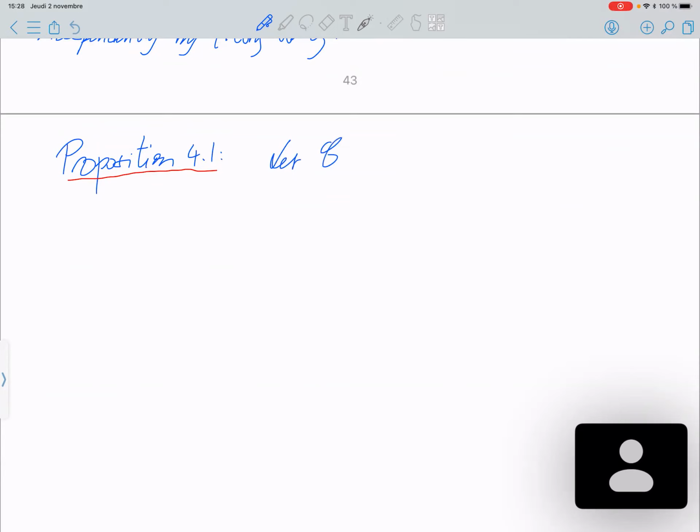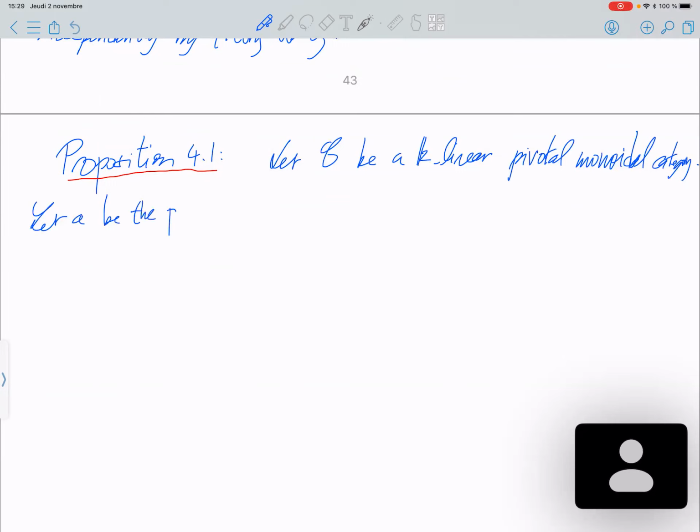So let C be a k-linear pivotal monoidal category. Let a be the pivotal structure. Let Y be an object, not necessarily simple a priori, in C such that